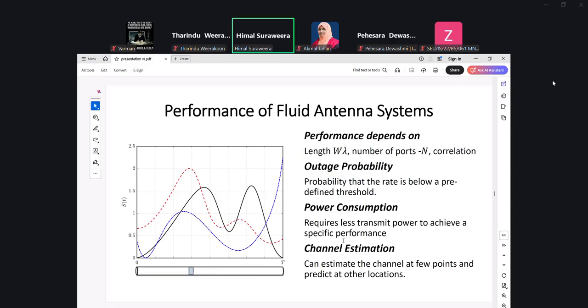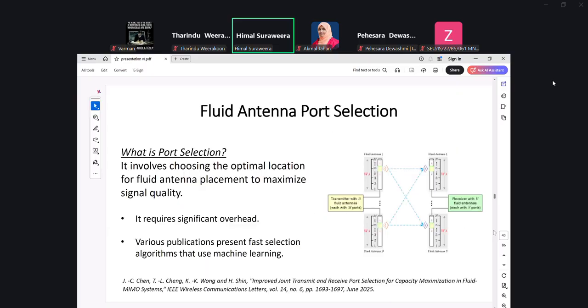So there are many opportunities or chances where machine learning can help you. For example, machine learning can be used to predict these variable channel coefficients, and then maybe to move this antenna to a suitable location to supply a better signal strength and so on. So I will not go into detail, but just to give you an idea where it can be applied. So port selection means something like that.